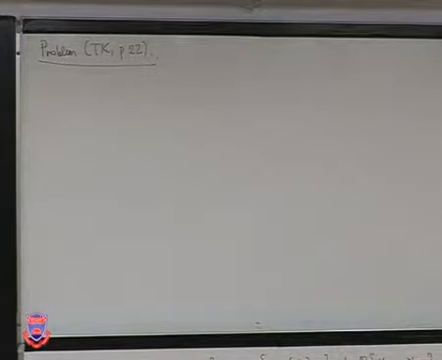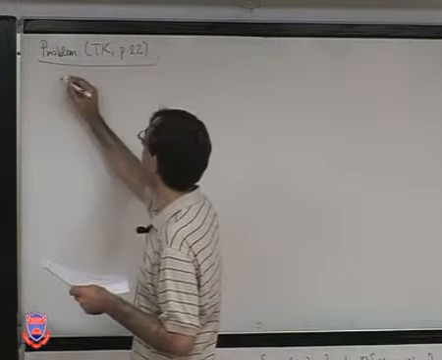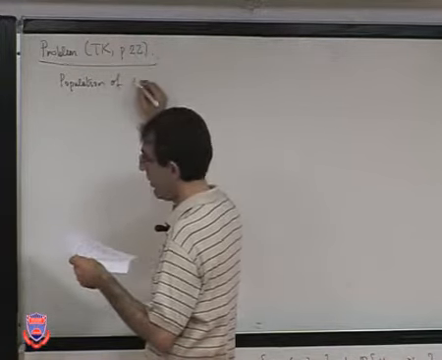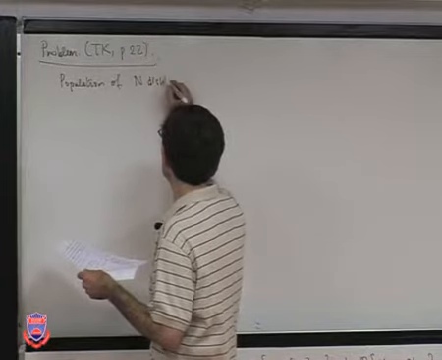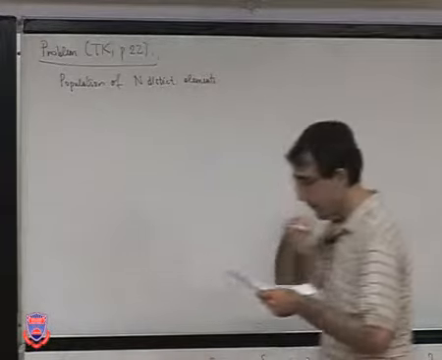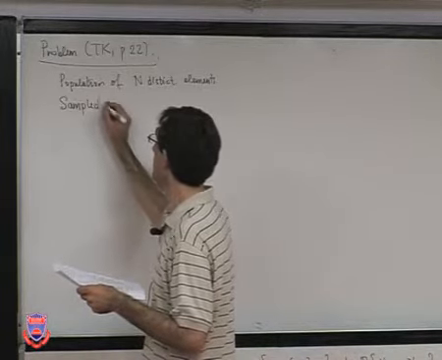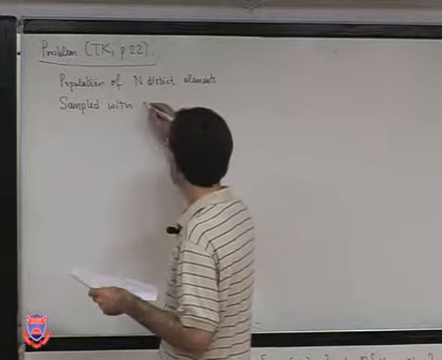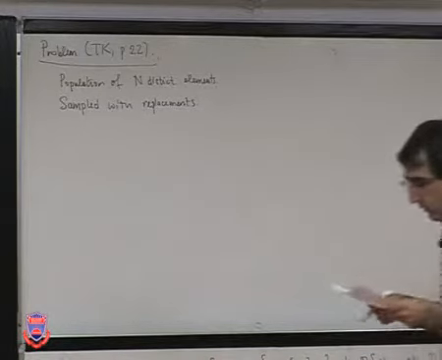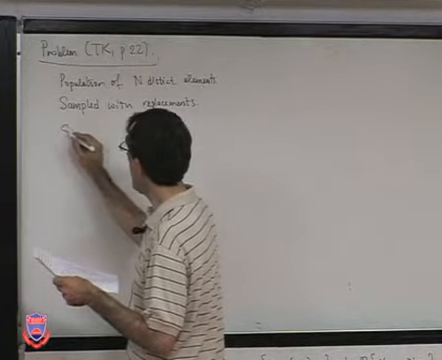Okay, is the problem clear to everyone? Right, so let me just take a short note again. We have a population of n distinct elements. That's how they formulate it. And we take samples with replacement. And we will define by S sub r